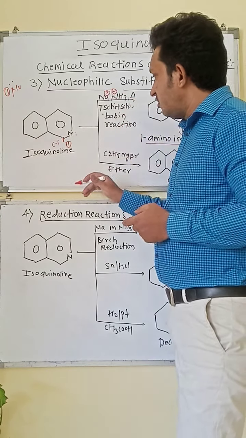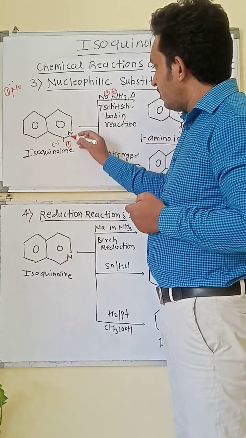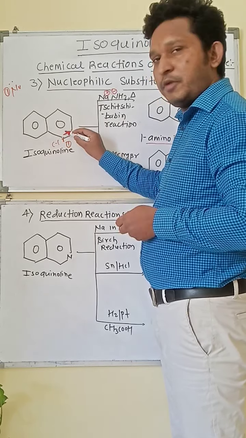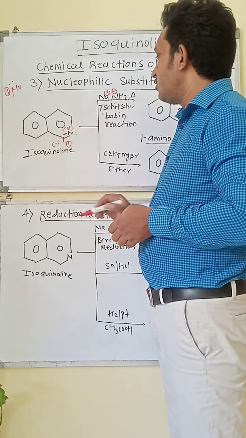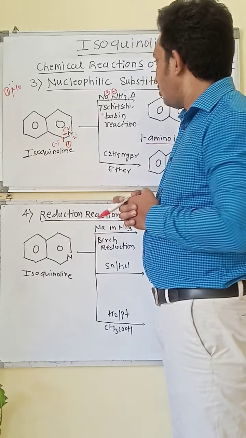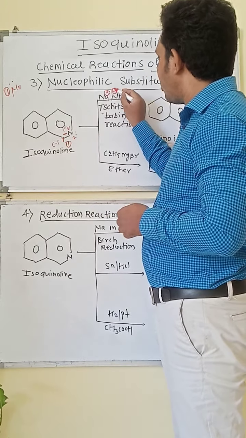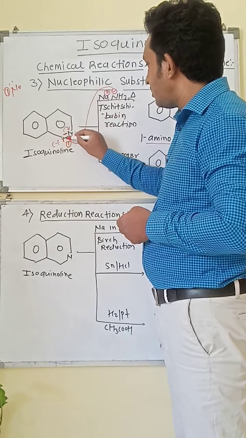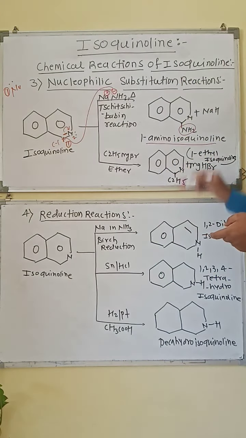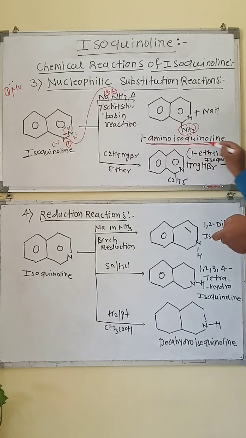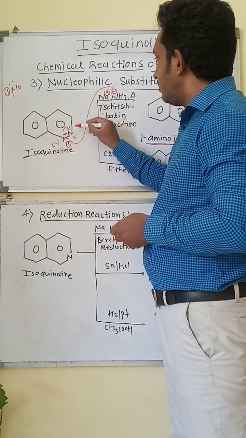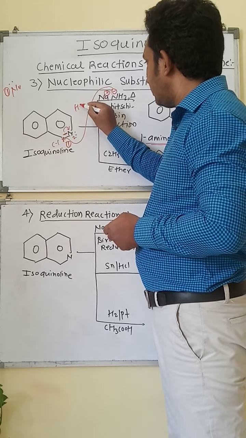So in the isoquinoline ring, the double bond between the nitrogen and the 1st number carbon breaks, and the lone pair of electrons shifts onto the 2nd number nitrogen atom. So the 1st number carbon is electron deficient. Now the amino group is negative and electron rich, so it attacks the 1st number carbon atom of the isoquinoline ring, and there is attachment of the amino group, so it is called 1-aminoisoquinoline. Okay, now the remaining sodium will be used toward the hydride ion.